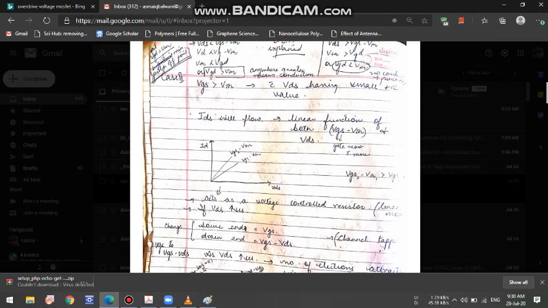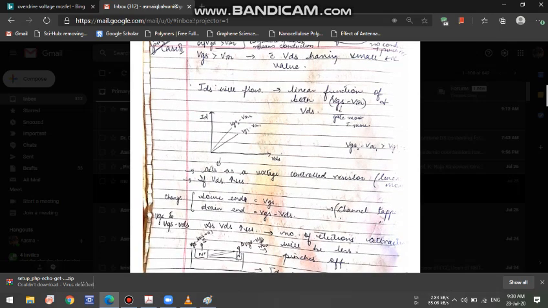So these are the two lines that I have made over here. The one which is at a greater value, or the one which is on the top, is for VGS2, and the one which is at the bottom is for VGS1, and VGS1 is less than VGS2. Okay, then we also need to understand the behavior of ID versus VDS. We will come to that in the next graph. For now what you need to understand is that as I increase my gate source voltage, my drain current increases because the channel width increases.